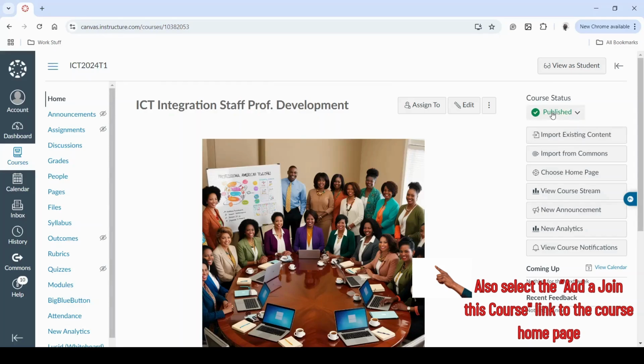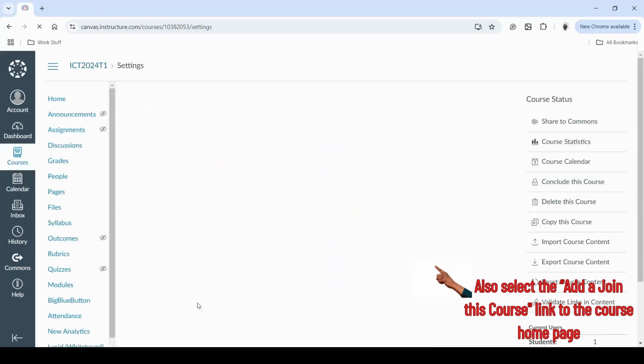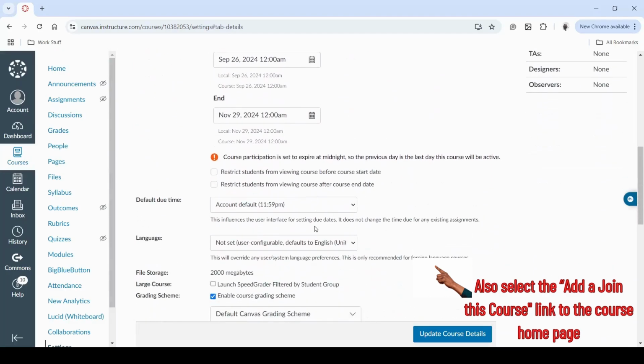If you don't publish the course and try to send invitations out prior to publishing the course, it will not be delivered. So you must publish your course first. Once you've published your course, you go to the settings page. Once you are at the settings page, you scroll down,